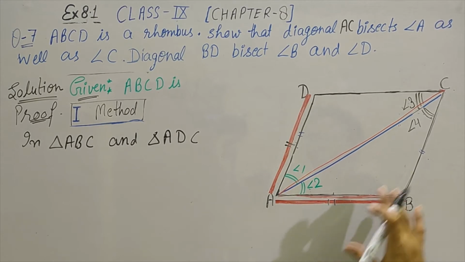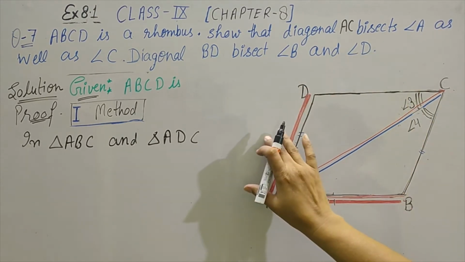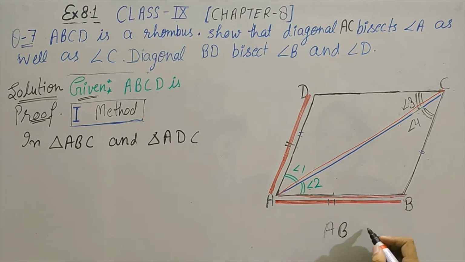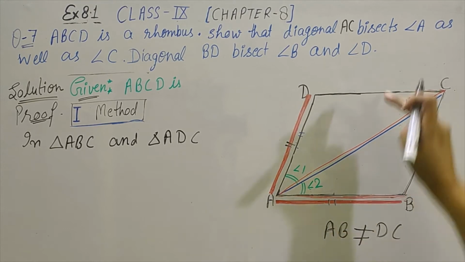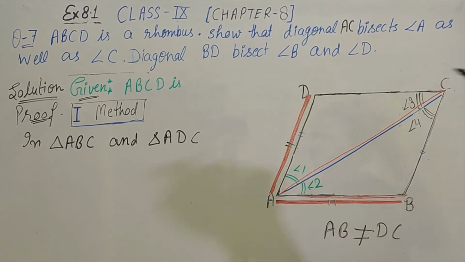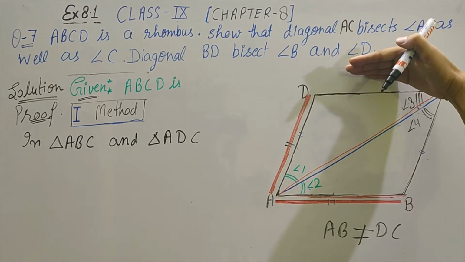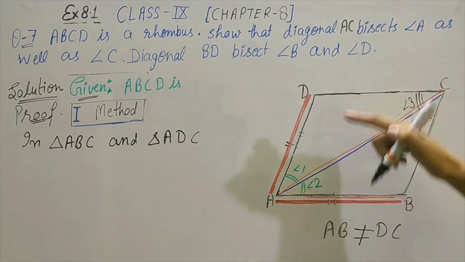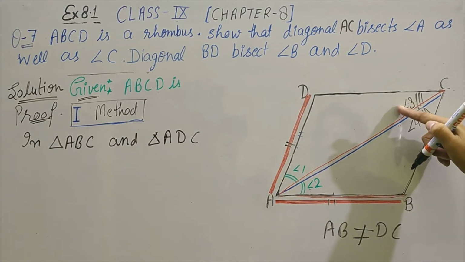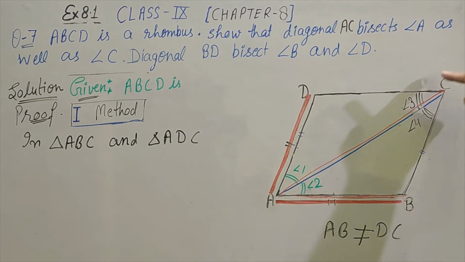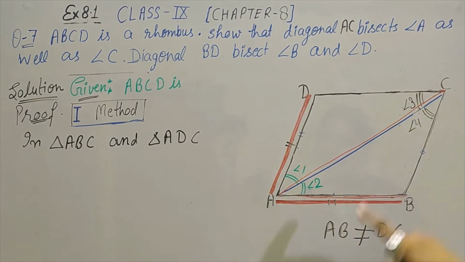Though AB is equals to BC is equals to CD is equals to AD, all four sides are equal. So remember this thing, you will not take AB is equals to CD. आप AB को CD के इक्वल नहीं लिखेंगे. As I told in previous question also, अगर हम AB को CD के इक्वल लिखेंगे तो by CPCT angle 2 angle 3 के इक्वल होगा. AB that is angle 2 point A will corresponds to point C. Okay? तो AB और CD को इक्वल नहीं लिखना है.